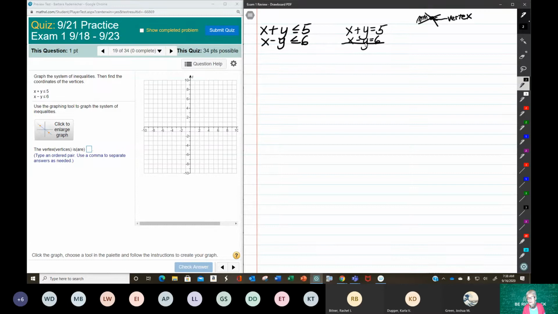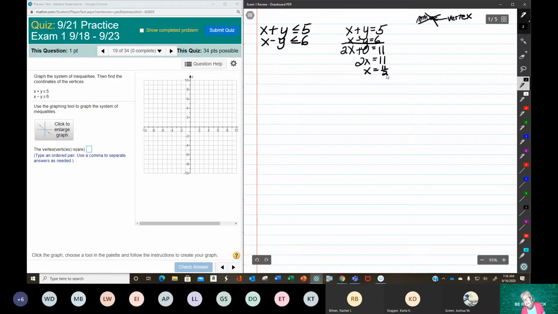Well, that's pretty handy. You don't get that all the time. So x plus x is 2x, and y minus y will be 0. And 5 plus 6 is 11. So you'll have 2x equals 11. And x equals 11 over 2,